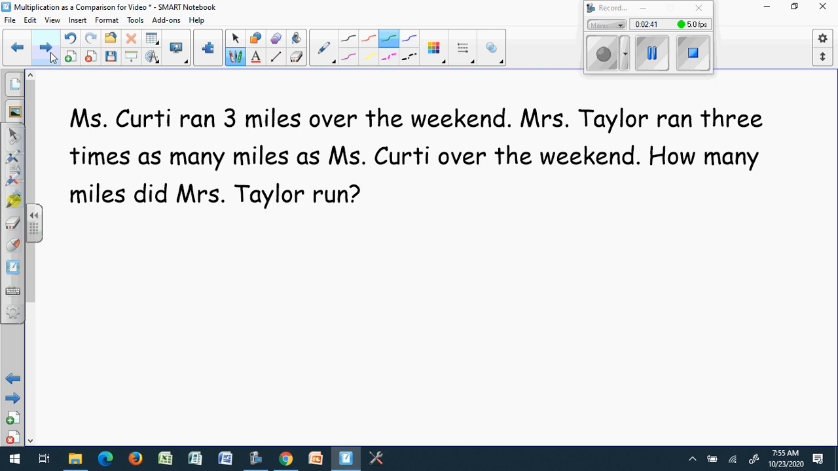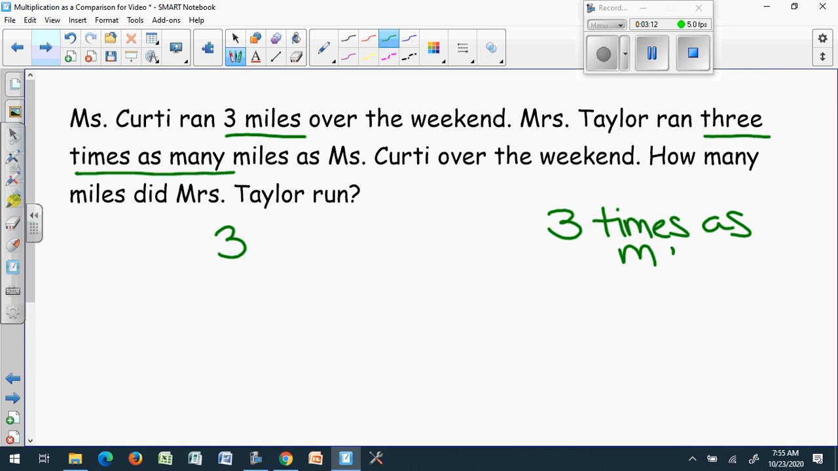Let's try some word problems. Miss Curdy ran 3 miles over the weekend. I'm going to underline 3 miles. Mrs. Taylor ran 3 times as many miles as Miss Curdy over the weekend. I'm going to underline 3 times as many. And this is like what we were just doing with the stars. If I start with 3, and over here I do 3 times as many,